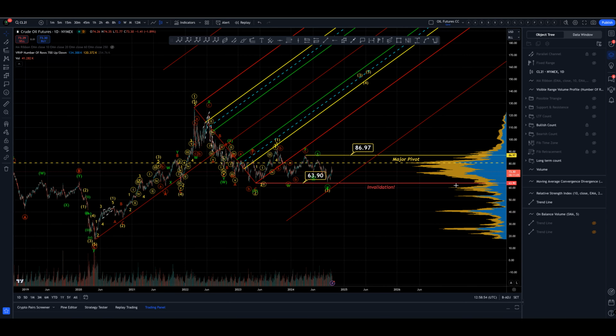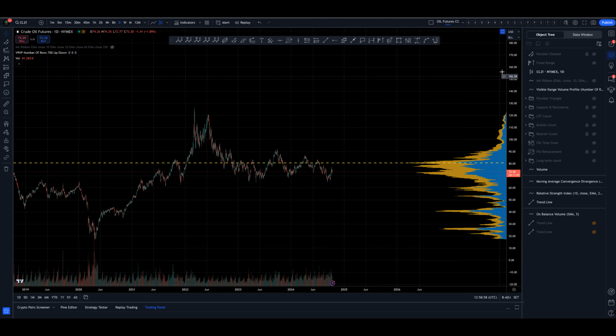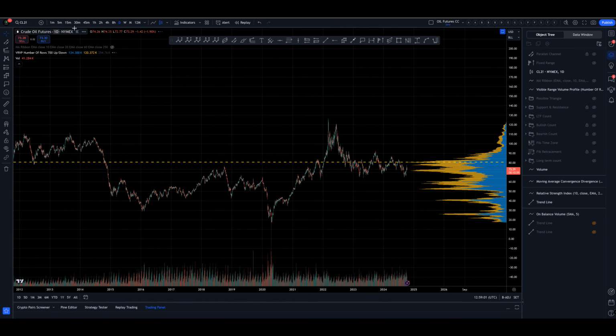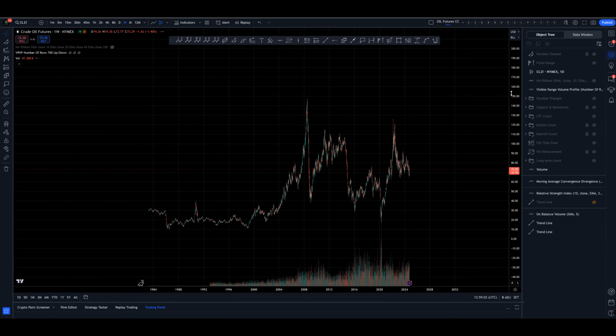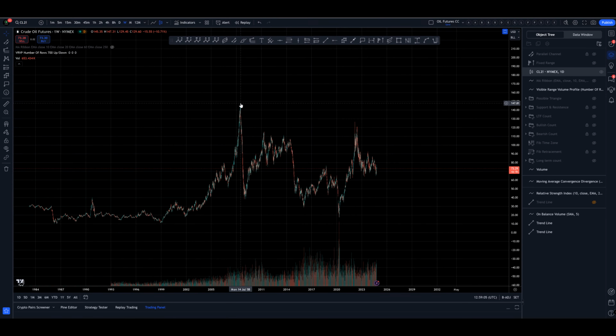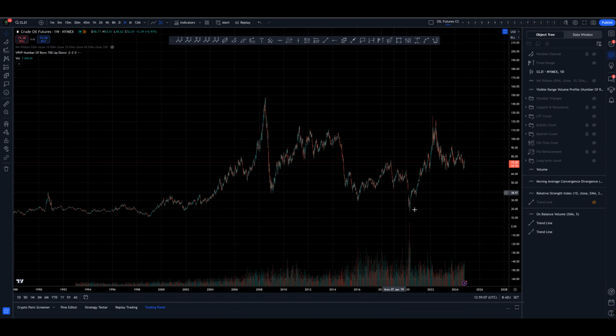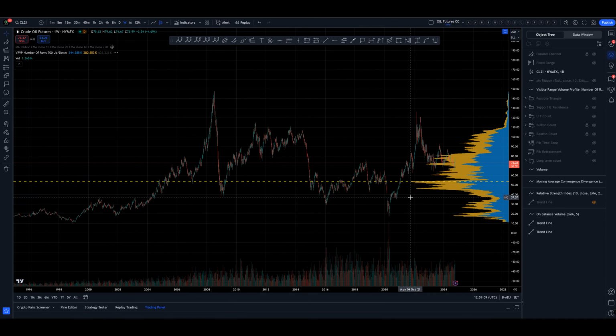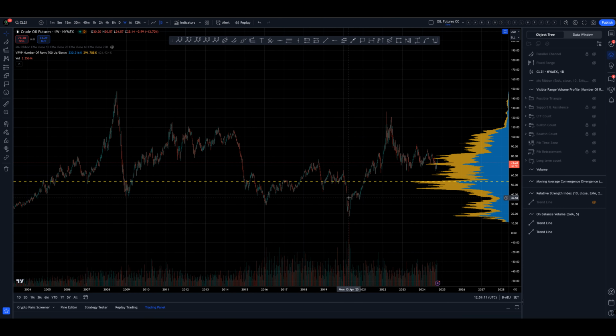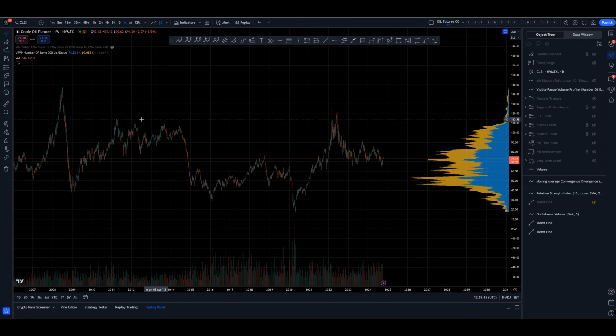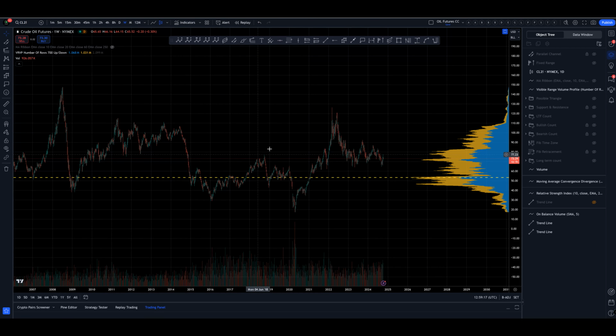So let me just talk you through the basics of what I'm thinking here long term. We're just going to clear the chart. So we were in a long-term downward trend from the GFC 2008, and then we melted down effectively to zero. I know it doesn't say it here in the futures chart, but we did, into 2020 during COVID. We had a lower high, lower low, lower high, lower low, downward trend, right?